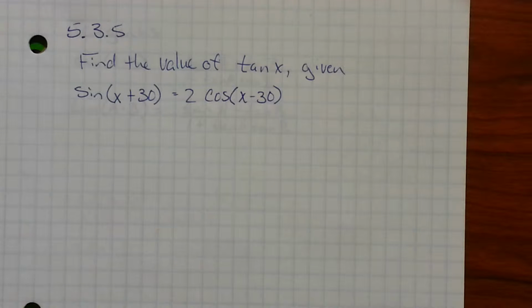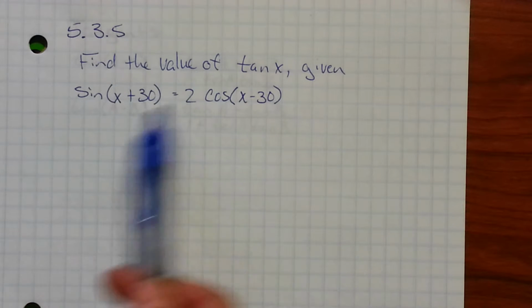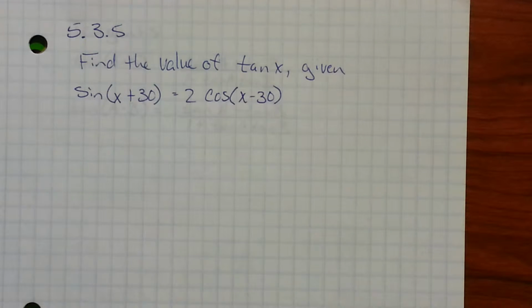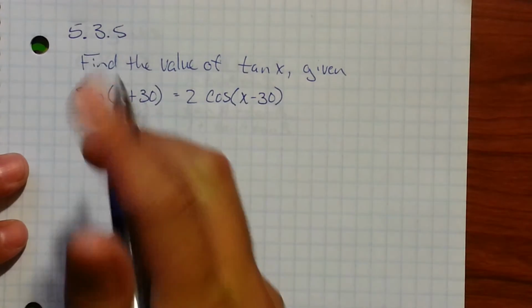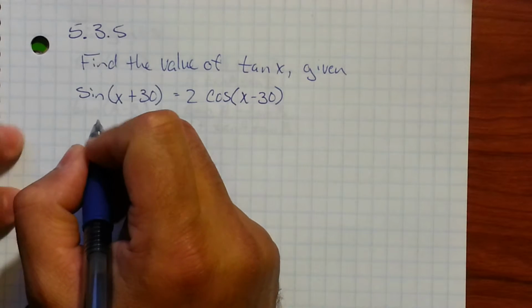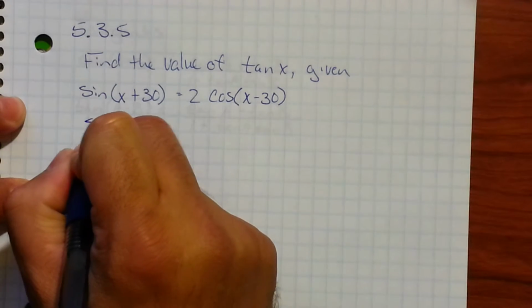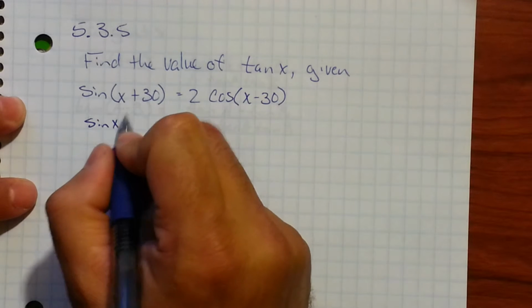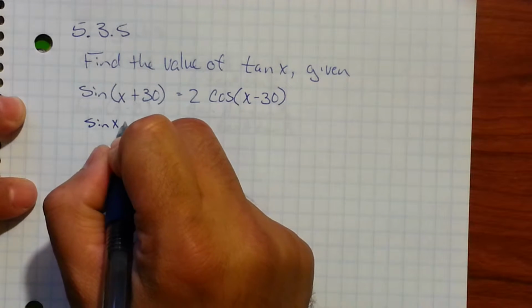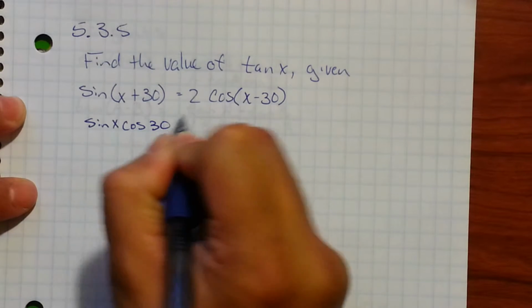On this next problem, I'm going to find the value of tangent x given sine of x plus 30 is equal to 2 cosine of x minus 30. So I have to set this up. This is an equation here, so I'm going to find the value of tangent x from here. Let's expand this. If I break it up, it gives me sine x cosine 30